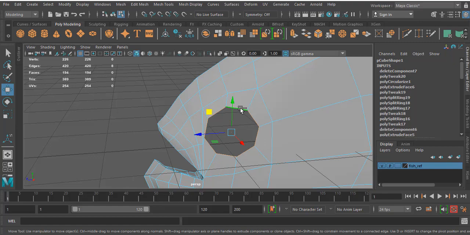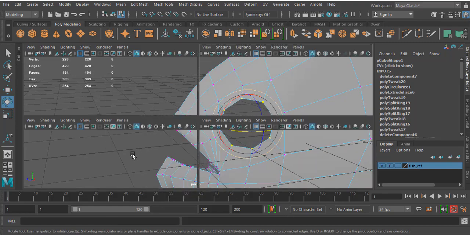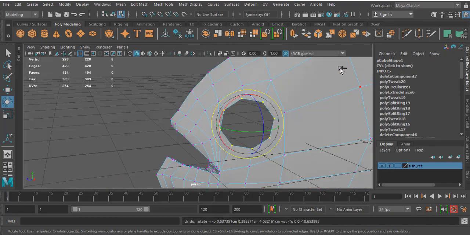Just double click, control right click, to vertices, slightly rotate this because I want to see the eye of the fish like this, not like that.